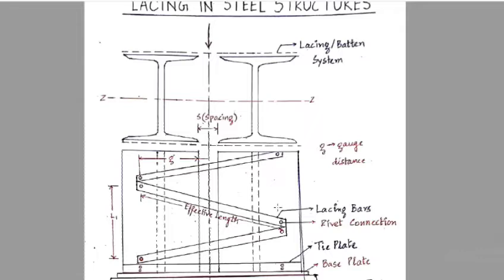Now, if you view this built-up column from this direction, you will observe a structure somewhat like this, okay? You can clearly see that this built-up column has been made up of 2 I sections or 2 I-beams, and you can also see 2 dotted lines drawn at the top and at the bottom of these 2 I sections. These dotted lines represent the lacings, right? And these lacings can be connected either by bolting, through rivets, or by welding. Very simple. Okay.